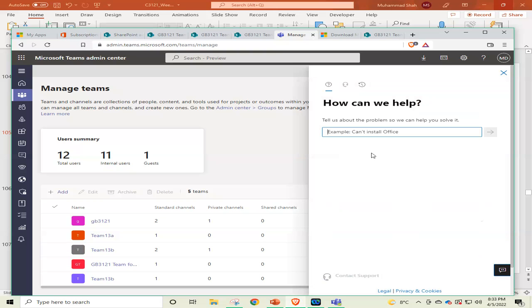Example: Tell us about the problem so we can help you solve it. For example, I can't install Office. Okay, let me just write, for example, I'm just showing it. I have a question about Teams, about MS Teams.